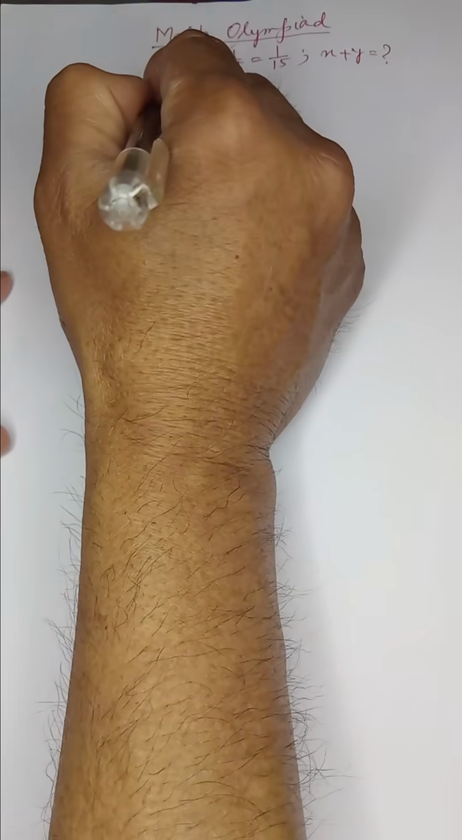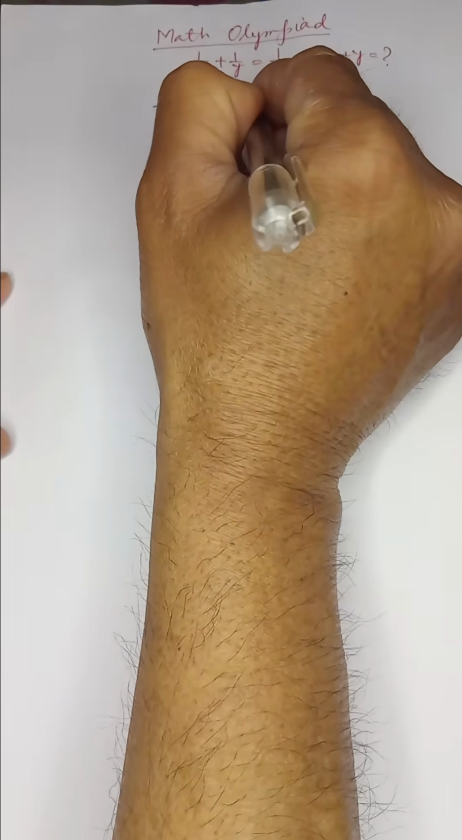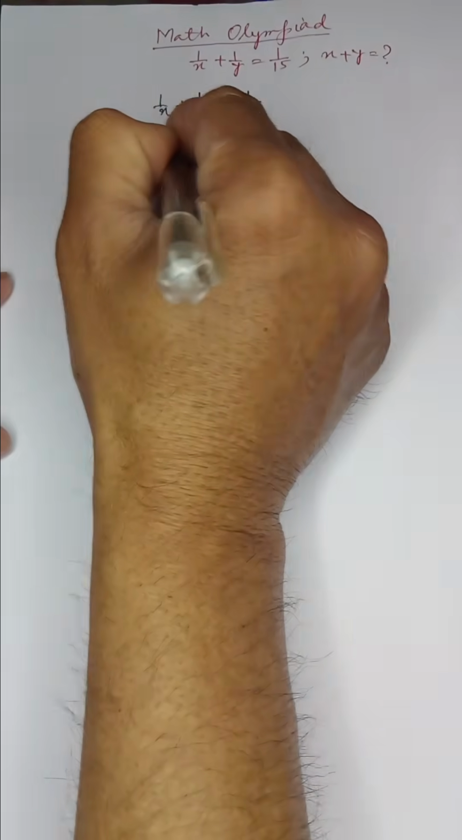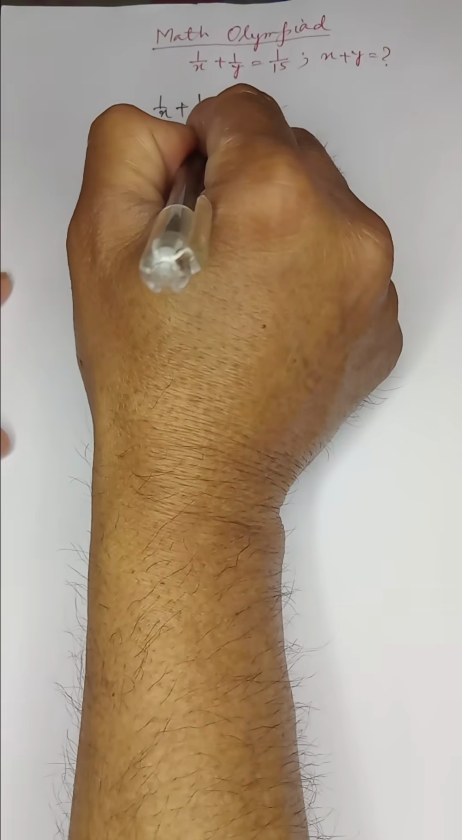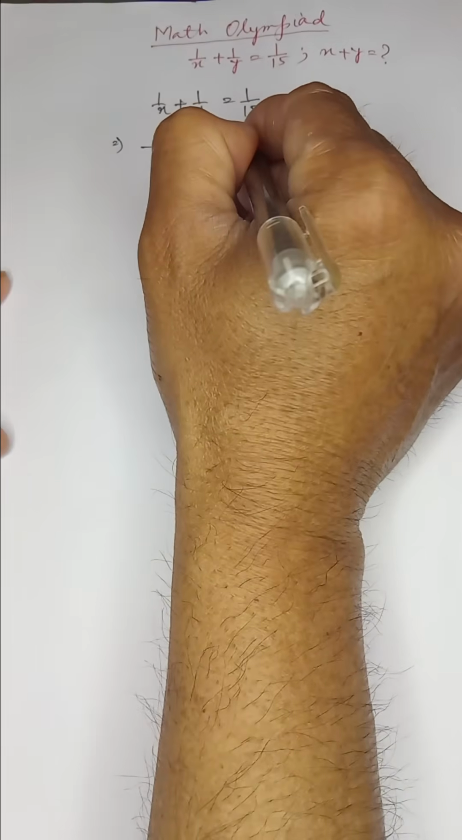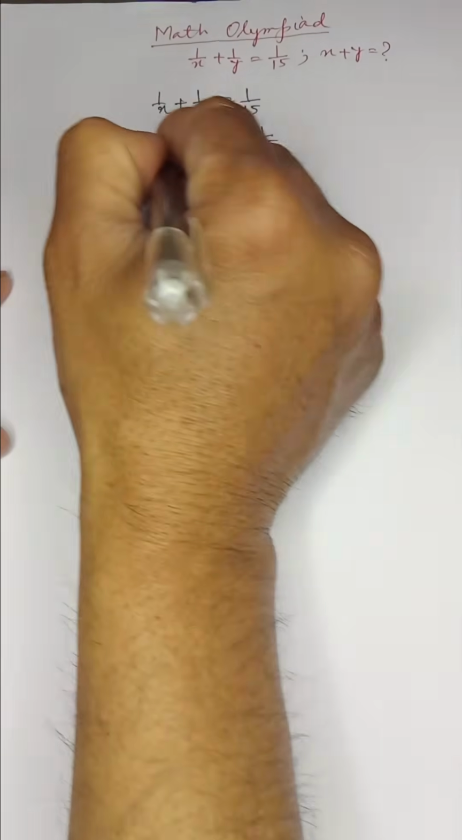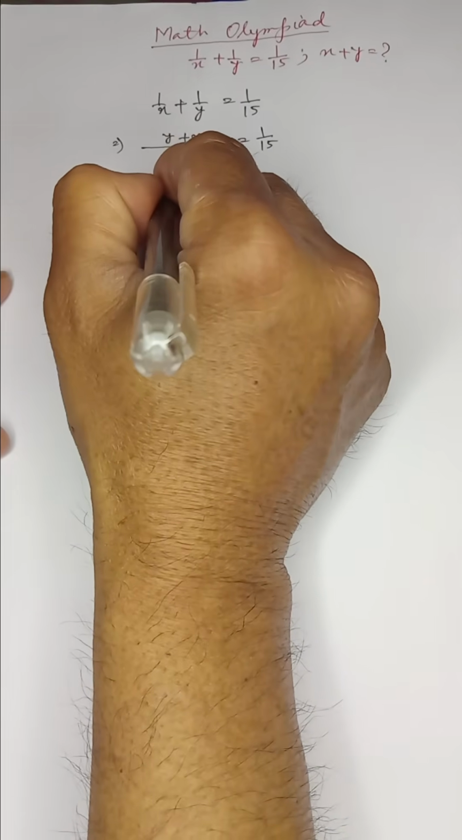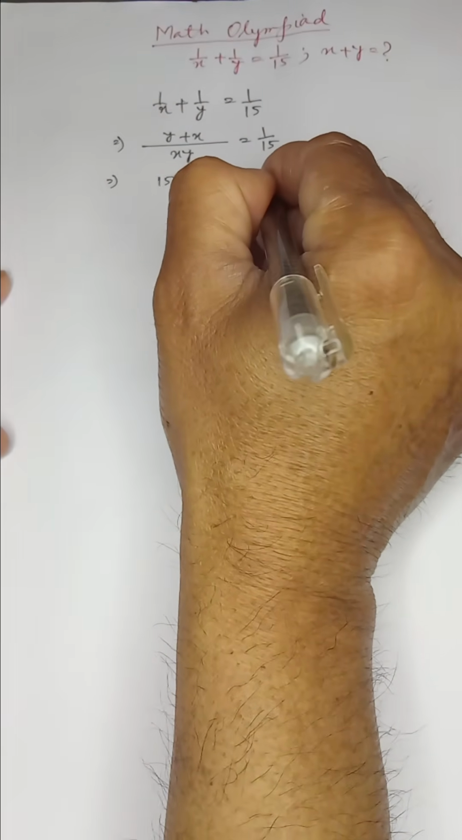1 by x plus 1 by y equal to 1 by 15. Find the value of x plus y. Taking the LCM xy, that is y plus x by xy equal to 1 by 15. By cross multiplication we get 15 into x plus y equal to xy,